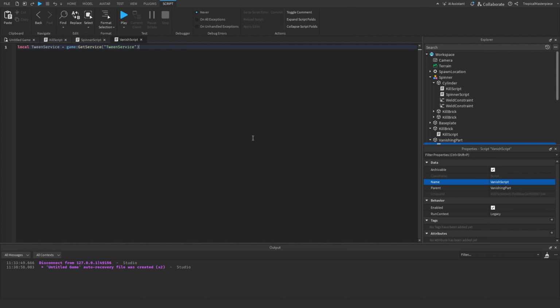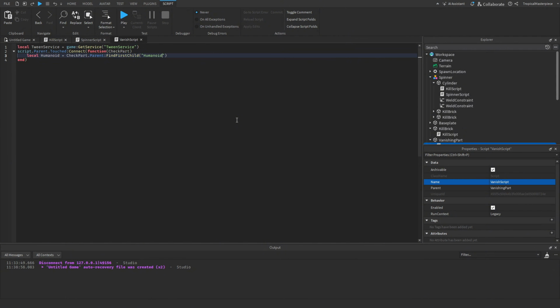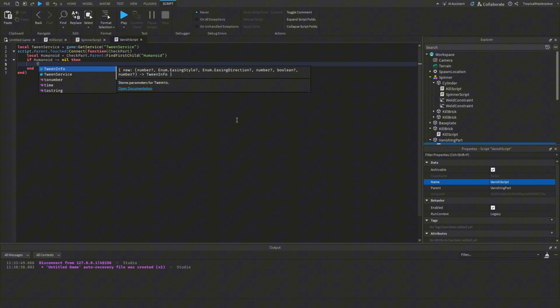Once we have our tween service, we can copy the same script.Parent.Touched:Connect function. We can connect that same function to our vanishing part and also set our check part as our variable. We're going to need to do the same thing where we check local humanoid equals checkPart.Parent:FindFirstChild("Humanoid"). And just like last time, we're going to need to check if humanoid doesn't equal nil. And instead of setting the humanoid's health equal to 0, we can set TweenService